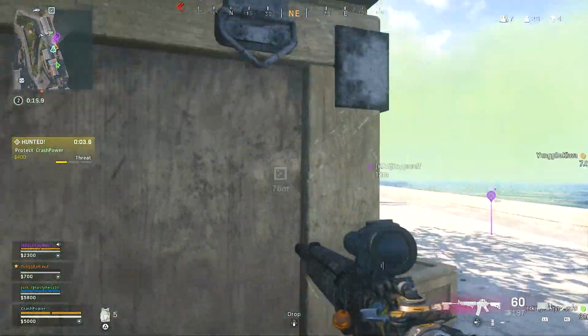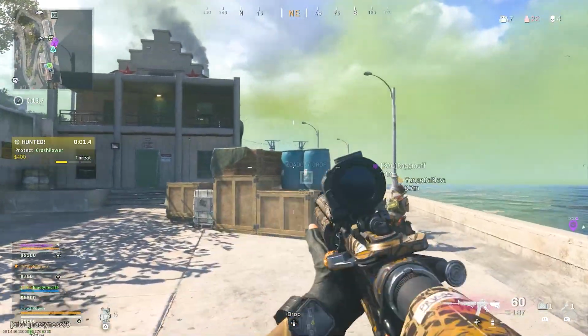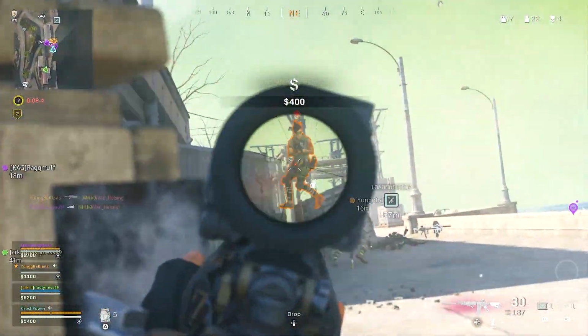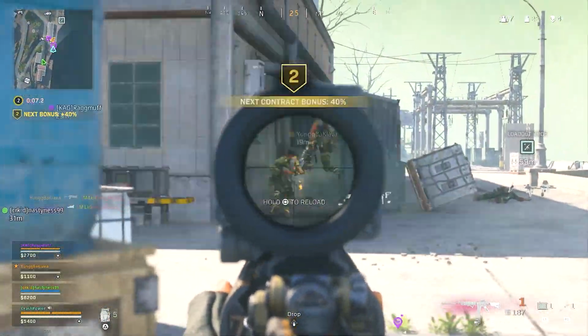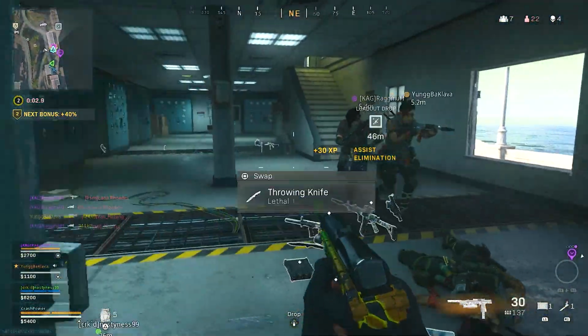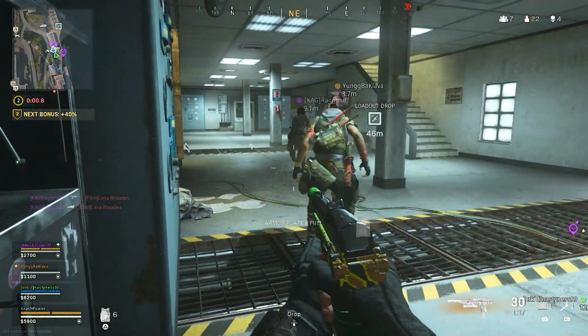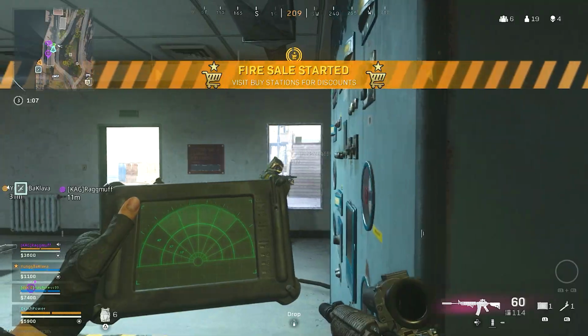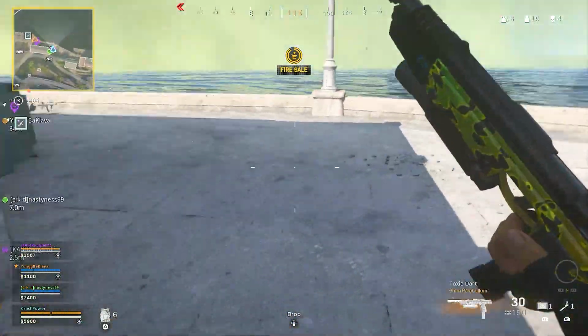Try it out. I highly recommend you use it, but the thing about this setup is there are other weapons right now that are just like the meta that you definitely should try on Rebirth Island, and the one I never expected is the Stoner 63. The Stoner LMG is unbelievably fun, unbelievably powerful, and because I use the AMP 63 as my secondary,